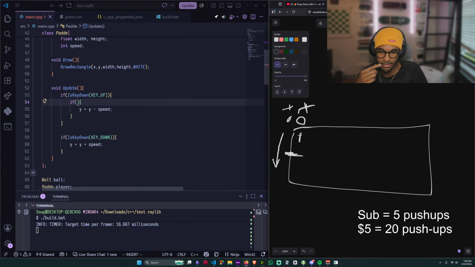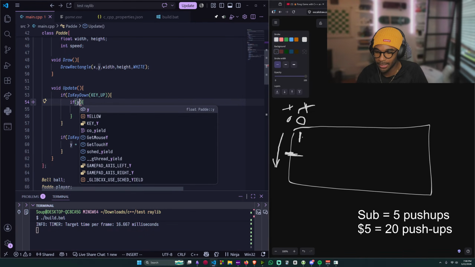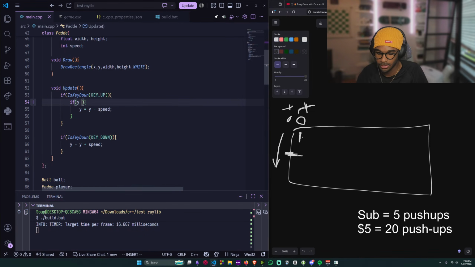If we have a rectangle here, our y would be in the middle, so we need to have half of it up to get the top of it. So if y minus y divided by 2, right? I feel like this kind of makes sense. And this should be the top of the rectangle. And if that is less than or equal to 0,